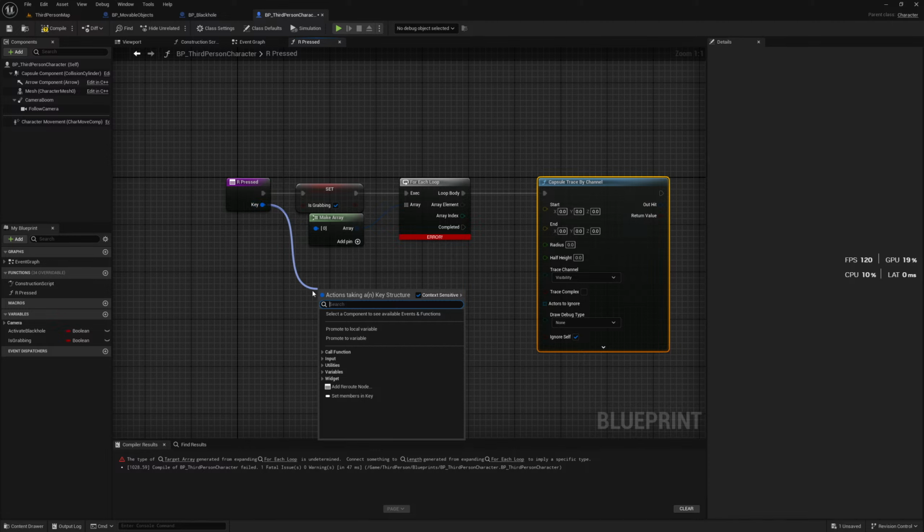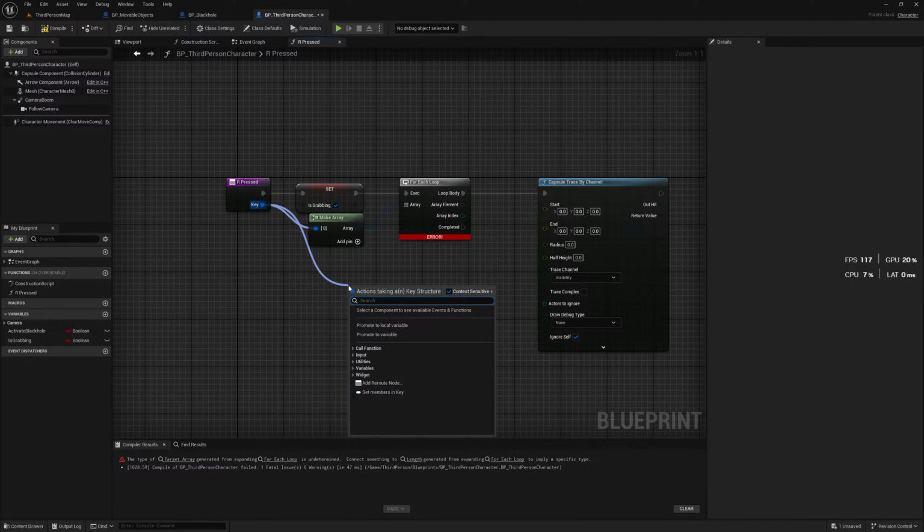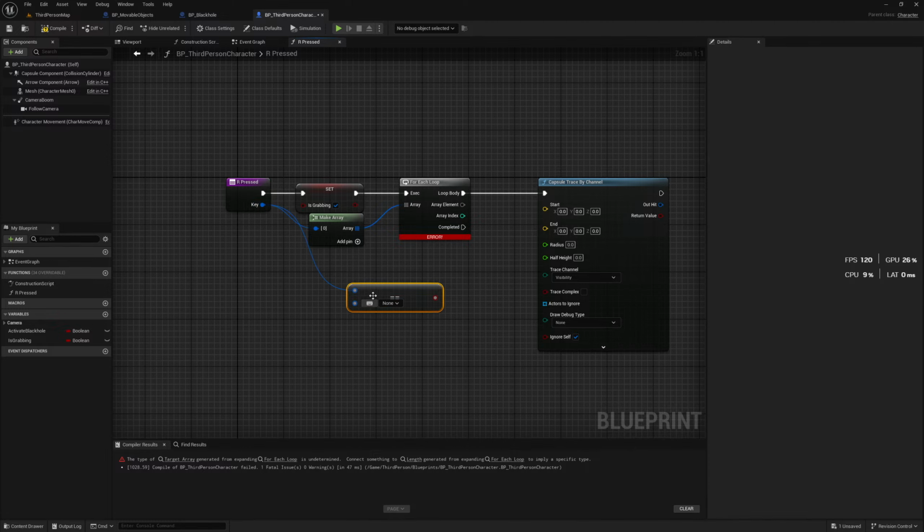Okay, thank you for the support, and I'll work more towards explaining things a bit better. Alright, let's verify this key first. Let's make sure it's equal to the right mouse button, as we're working with the right pressed,